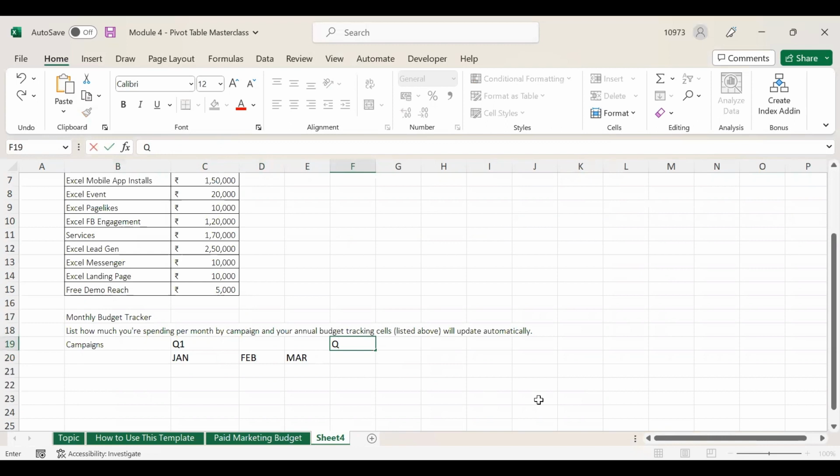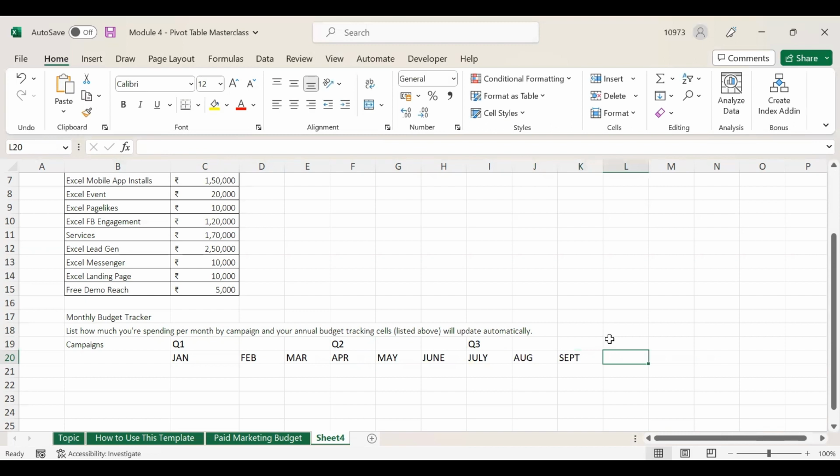Under Q2 we have March, April, May, and June. Under Q3 we have July, August. Under Q4 we have October, November, and